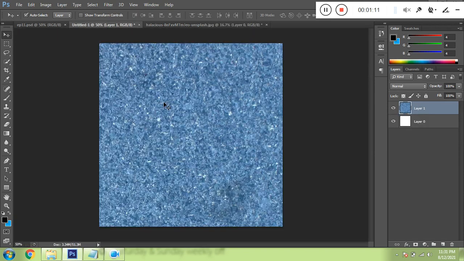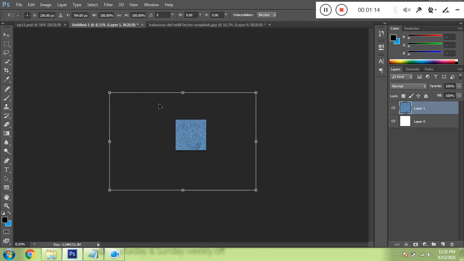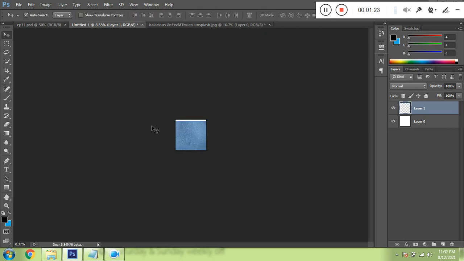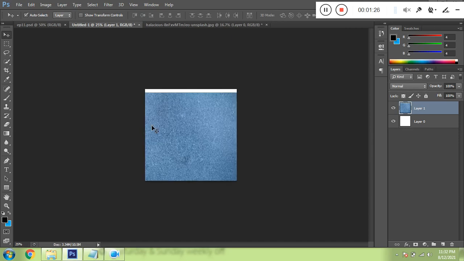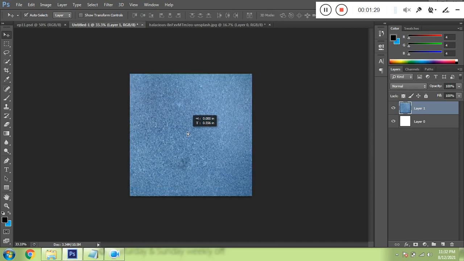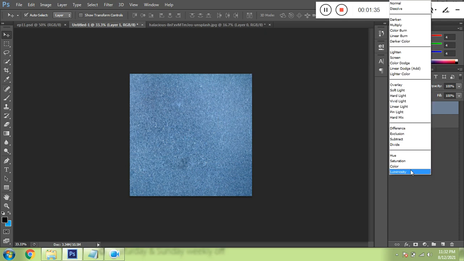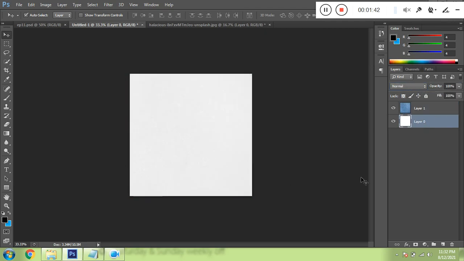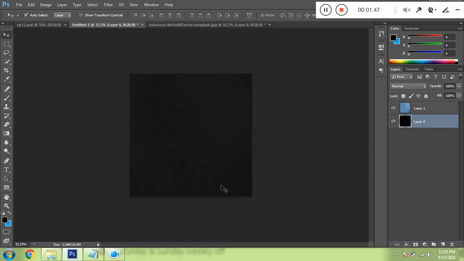Now just place this over, Control minus to zoom out, and Control T to see the actual size. So it's too big, press Shift and Alt and drag it inwards, click enter, zoom in with Control plus and press V. So now we can place this. While selecting this layer, make sure to have it in luminosity, and let's just decrease the opacity. While decreasing, I'm just going to make this black. Make sure the front color is black. Alt Backspace. Let's just increase the opacity a bit. Cool. Zoom in.